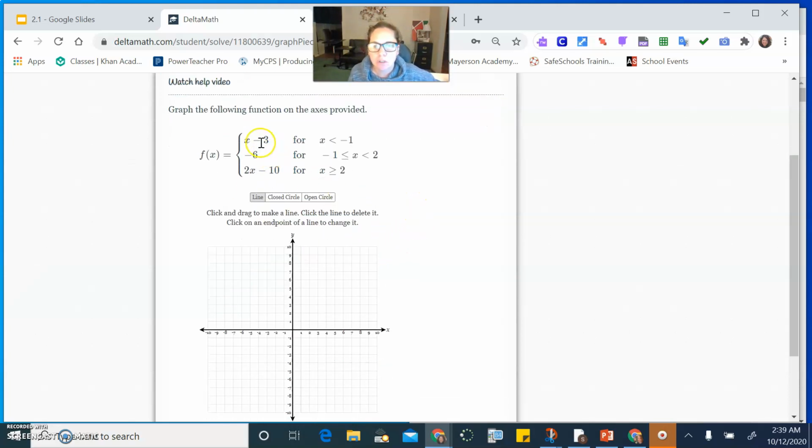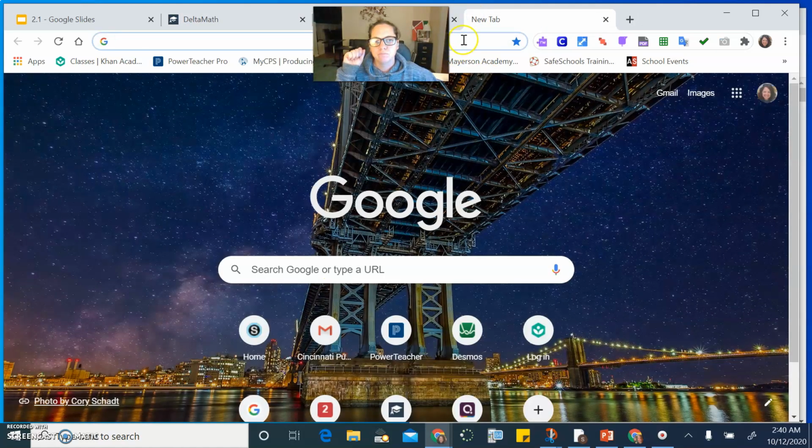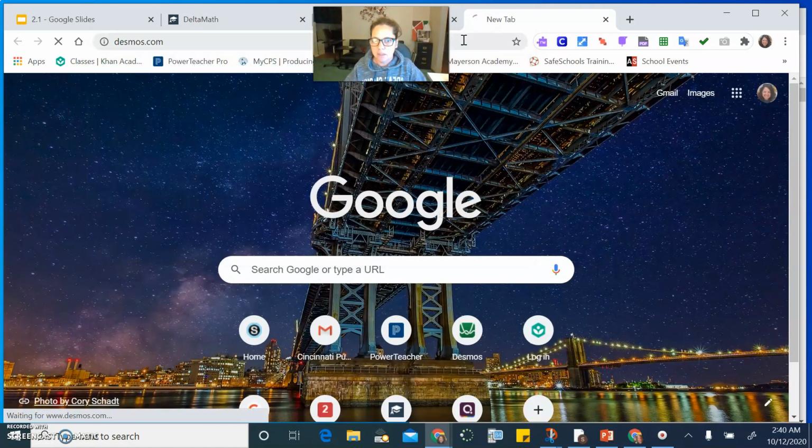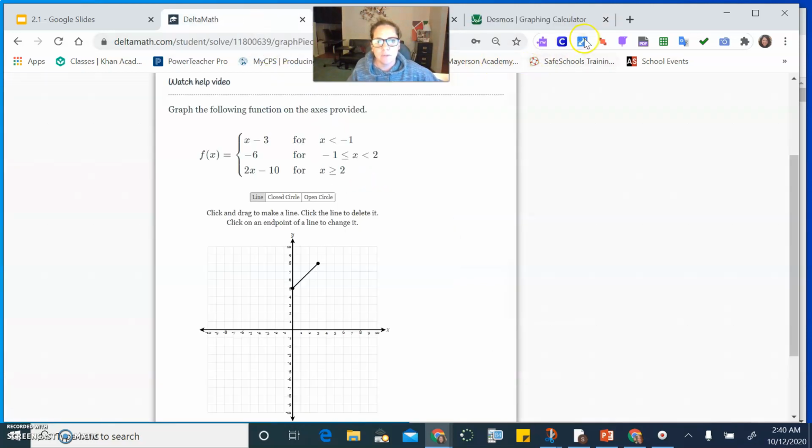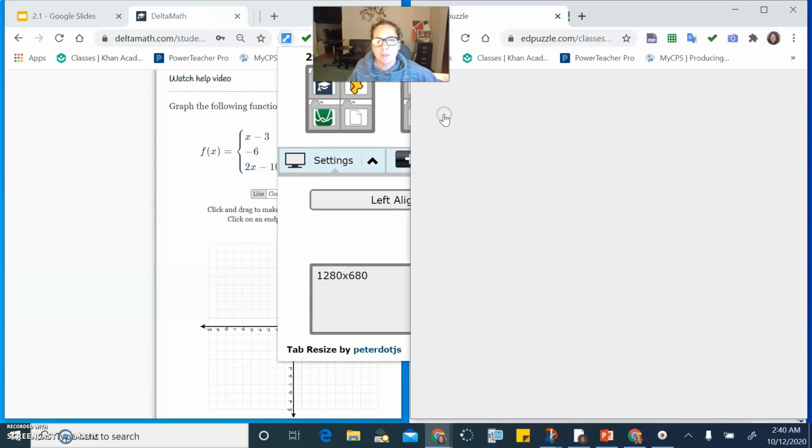So we'll start with just graphing this, x minus 3 for x less than -1. And one way you could go about starting these, since it's not as simple as put it on there and then restrict the domain, like the last one was, we have to do the whole draw a line and get it from the right spot. One thing you could do is, I know you could graph it on Desmos, we all know that. But another thing that you could try, if it's interesting to you, is to plug in